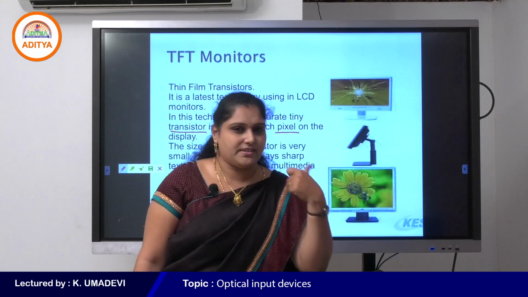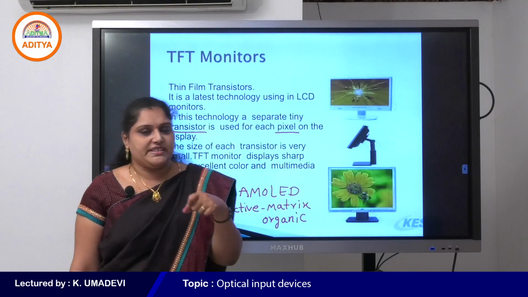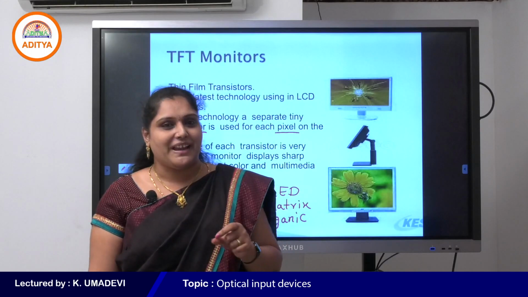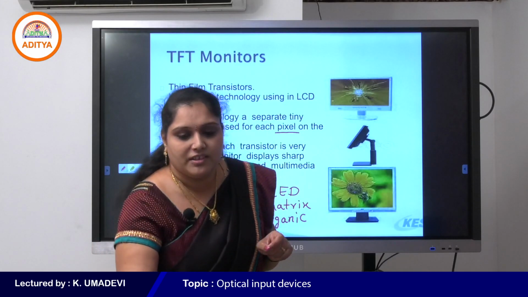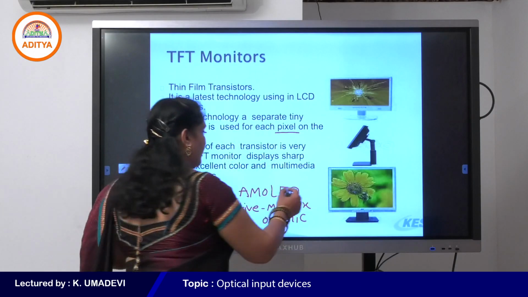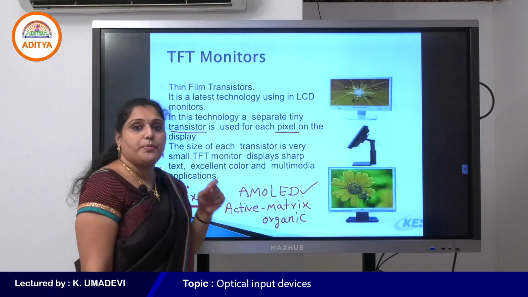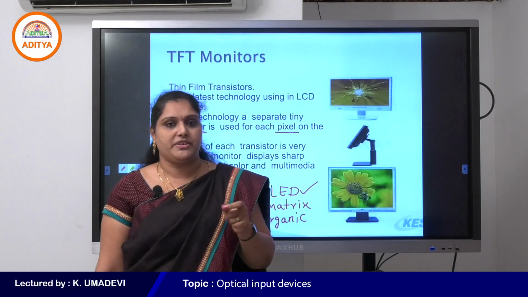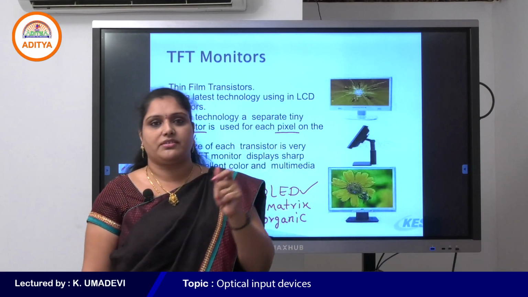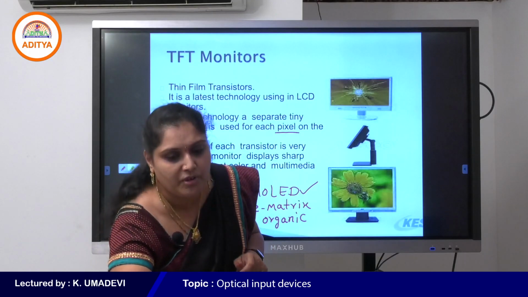This is a display used in most of the mobiles. Now most mobiles use AMOLED display to produce high quality images and high resolution. Am I right? Do you know about AMOLED?